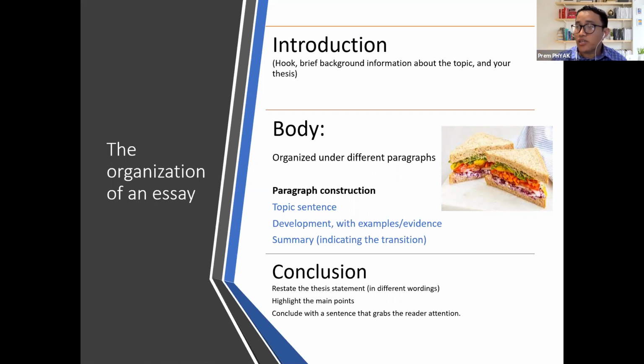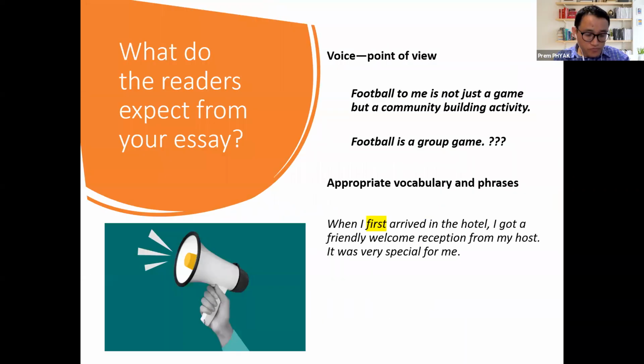So sometimes you can say, okay, then I argue this, or it could be this. You can say something about the implication, or you can also maybe just leave some questions, or something that really grabs the attention of the reader. Mostly you can say, okay, this could be some kind of implications, right? The writers highlight some kind of implications as well in the conclusion, but it should be something that really grabs the attention of the readers, right?